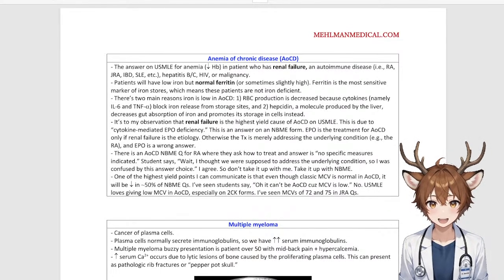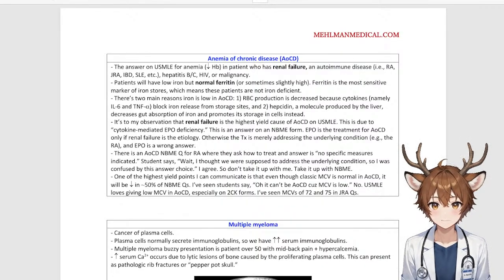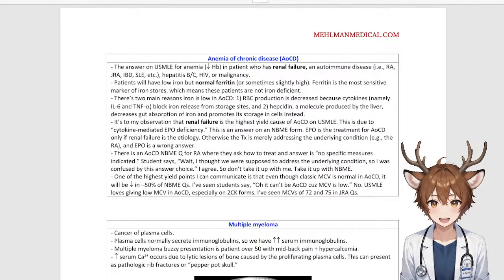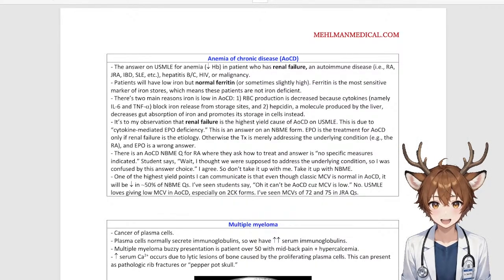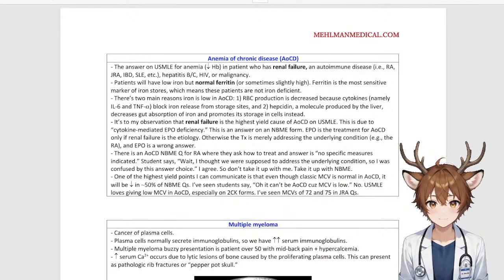Anemia of chronic disease, AOCD. The answer on USMLE for anemia with a decrease in hemoglobin in a patient who has renal failure, an autoimmune disease, that is to say rheumatoid arthritis,